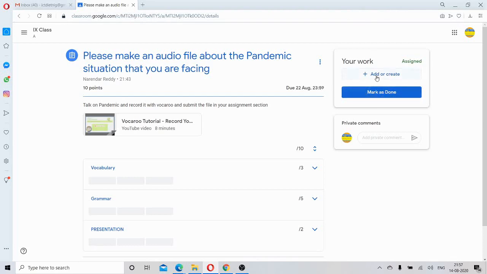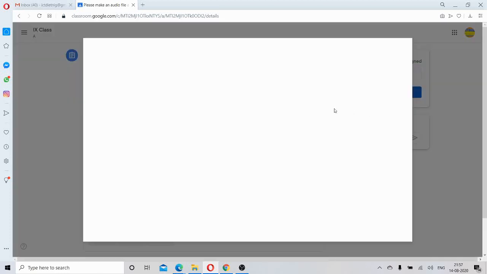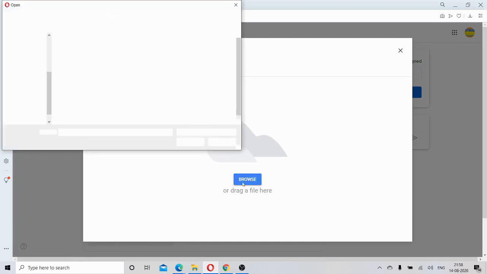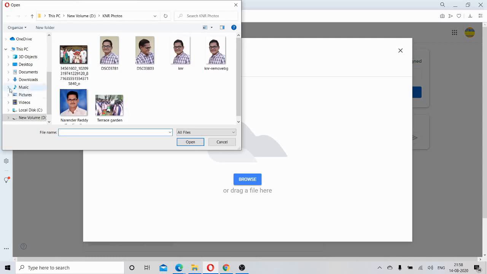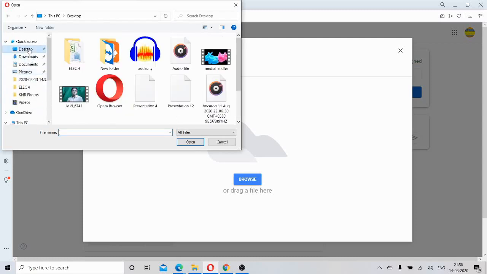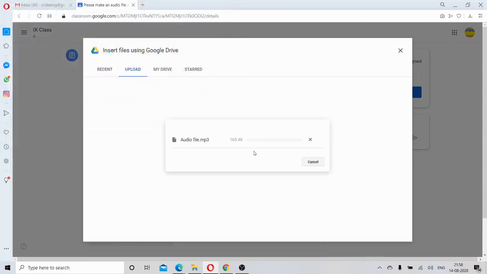Go to add or create and go to files, and after that upload, after that browse, and let us check whether there is any file. Yeah, audio file, one audio file is there.